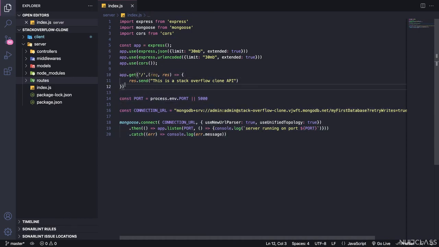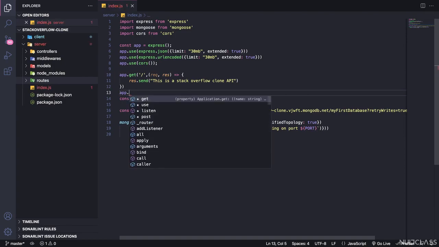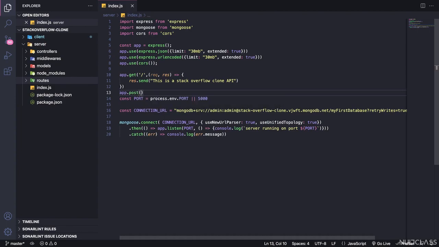So now we are just going to write the API for authentication. So the first thing is we have to write a function to get a response. So what we can do, we can just write an app.post request. The request we want to send is nothing but a post request, and in here you can just write auth slash signup, like so. And we can just here write a function